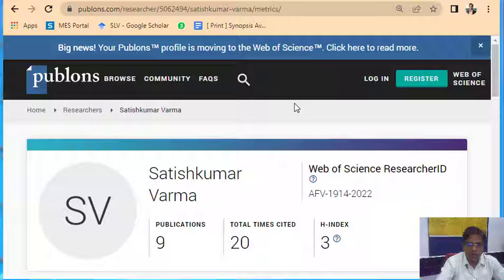If you have an account in Publons, that's fine. Otherwise, you have to register and create your account. Remember, in order to fetch all your Web of Science publications under Publons, we need ORCID. So we have already created ORCID, and that ORCID will be useful to fetch all our Web of Science publications